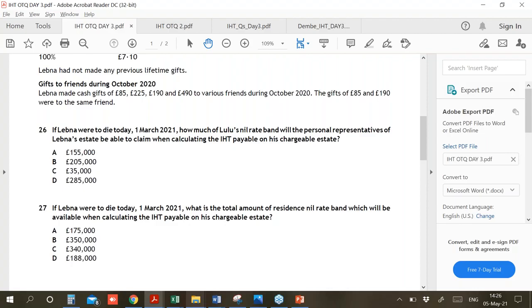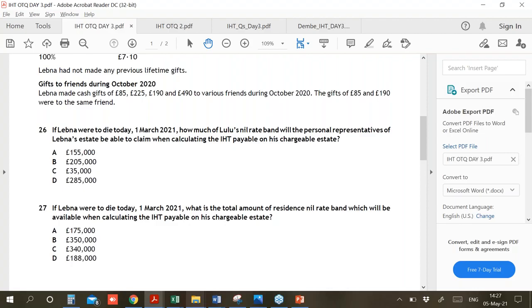Guys, I'll stop here and I'll ask you, answer me in yes or no, if you remember, the RNRB rule was announced firstly in 2017. So the person who has died after 2017 is eligible to claim the RNRB, provided there is a main residence included in their estate in which he or she used to live, and they have transferred the estate to their direct descendants. And the direct descendants mean only and only children and grandchildren. It cannot be brother, sister, mother, father, no one. Children and grandchildren. These are the two conditions of RNRB to be claimed.